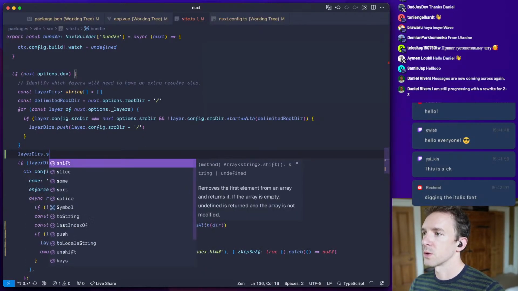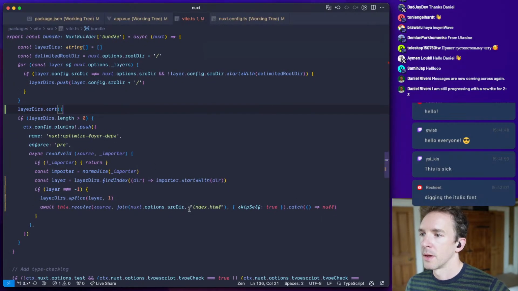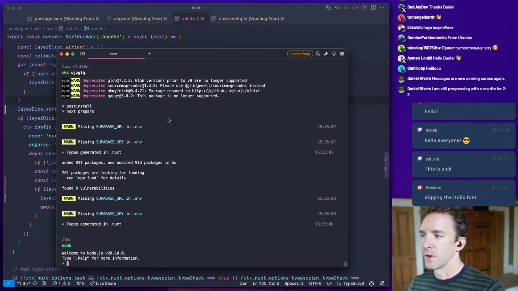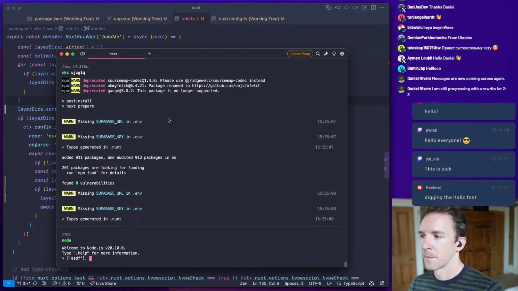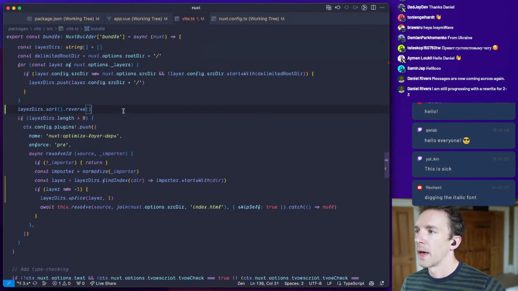So layers sort, because we want them to be probably longest to shortest. And let's just confirm. Okay, so we want to reverse that.